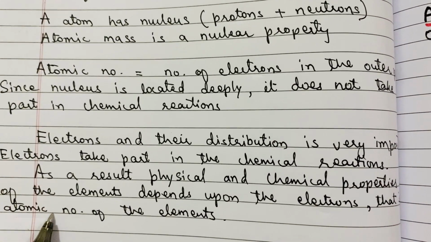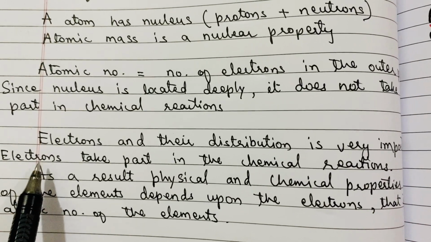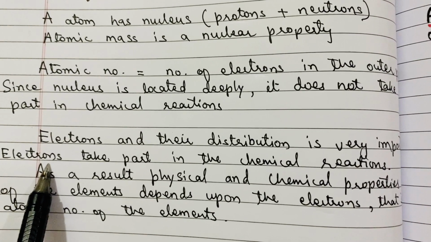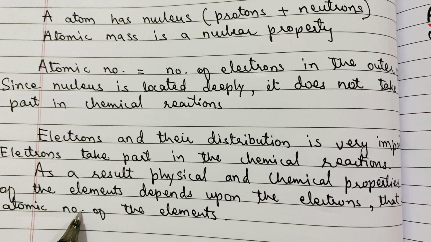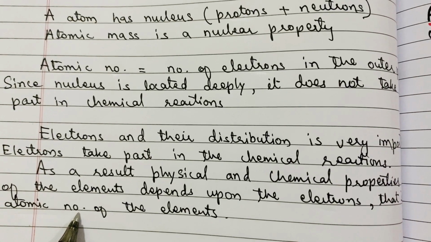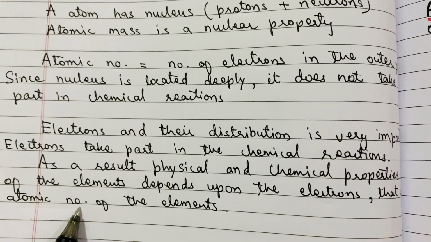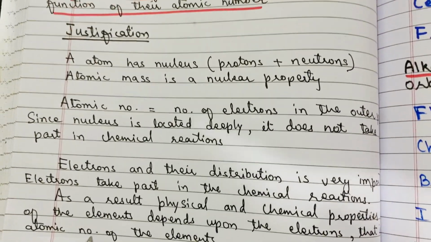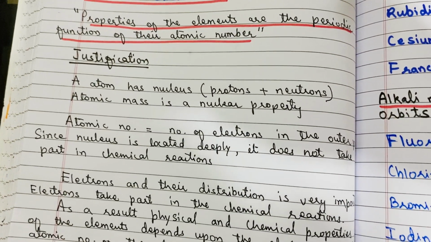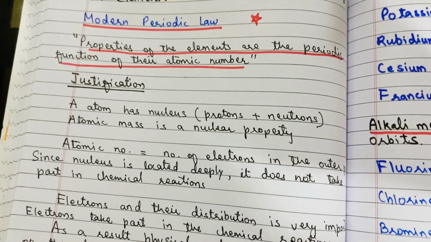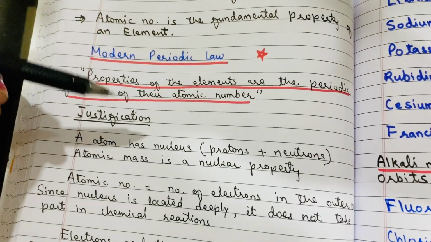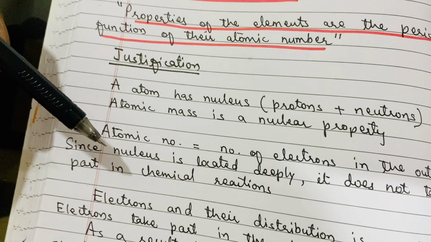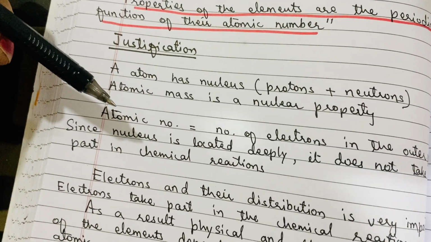So that's why electrons play a very important role, and the number of electrons is always equal to the number of protons, that is the atomic number of the element. So that's why atomic number was taken as the basis for classification in the modern periodic table. Okay, then these elements were arranged according to the increasing atomic number,